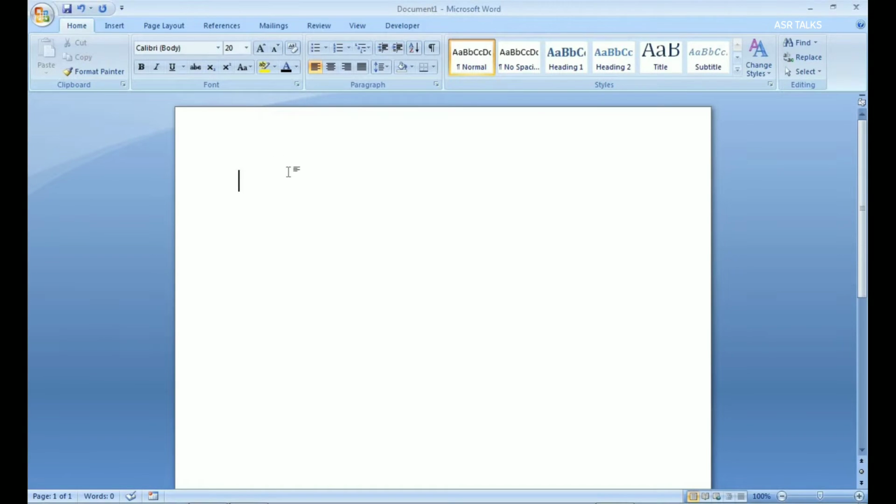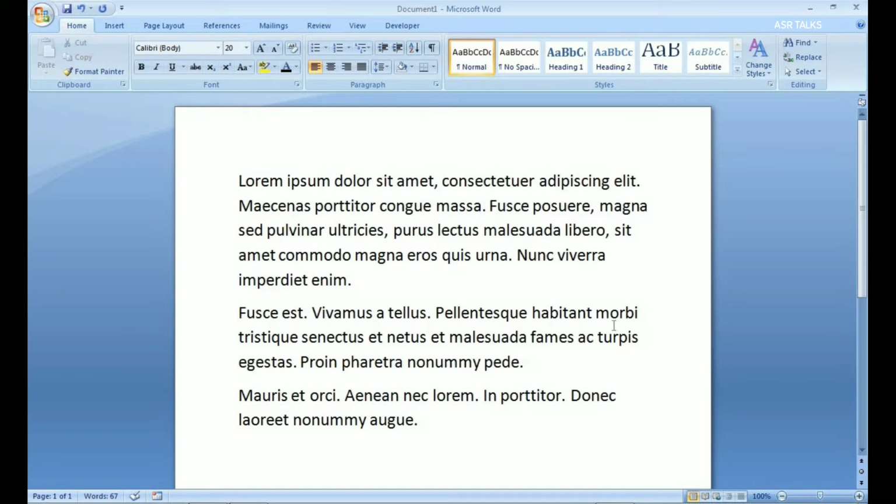We can navigate through a paragraph without using the mouse too. Here I am writing a sample paragraph like lorem 3,4. Here I got the sample paragraph, and generally we click the mouse to navigate the text cursor to the required position like this. But without using the mouse, you can use Ctrl plus arrow keys. Like here I am using Ctrl plus right arrow to move the cursor to the beginning of the next word.